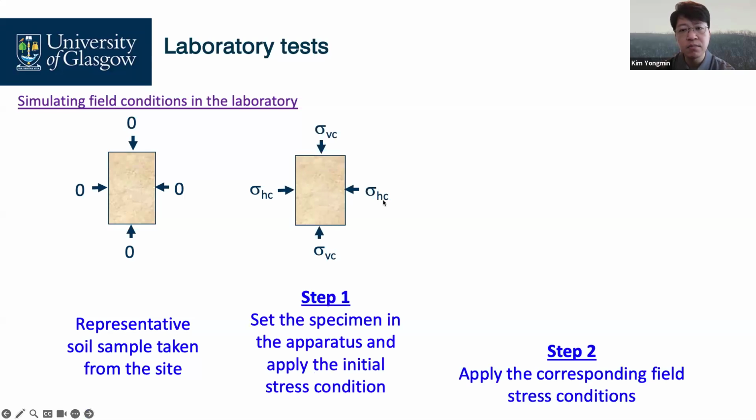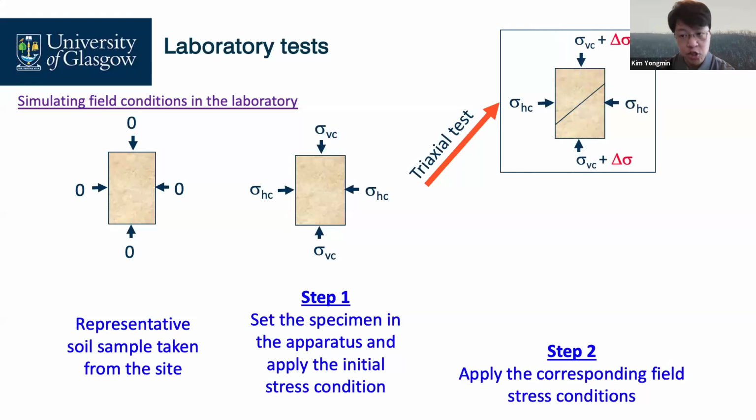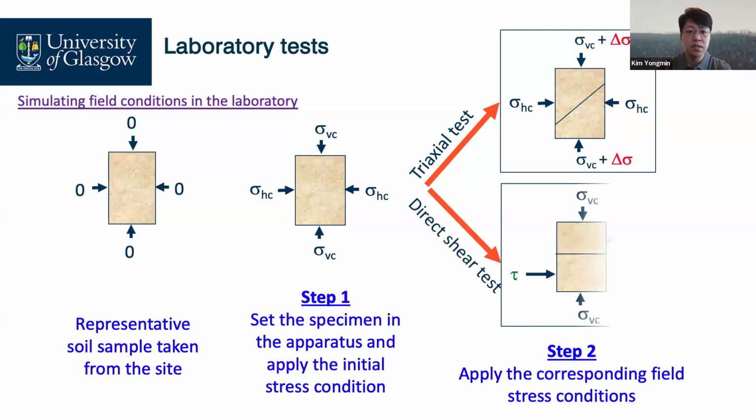Then after that, we apply additional vertical stress, and then we rotate our axis a bit, and then also additional shear stress. Because this additional vertical stress causes our soil's shear failure